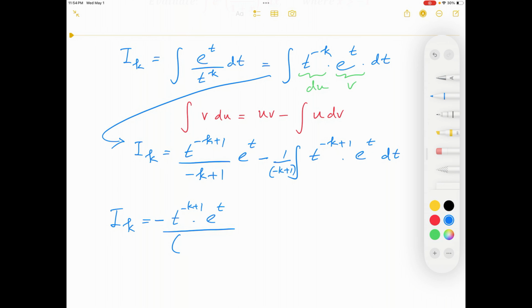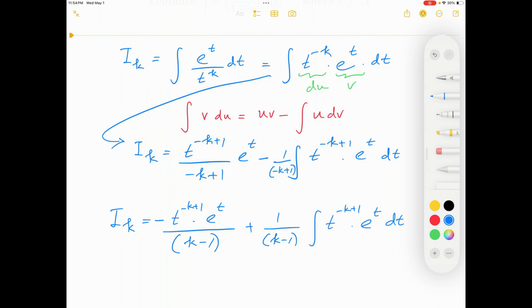And then in the bottom I will have k minus 1. In the next integral, right here I have a negative symbol. When I factor out another negative 1 from the denominator, that negative symbol will become a positive symbol. And then I have 1 over k minus 1 integral t raised to the negative k plus 1 times e